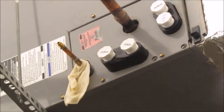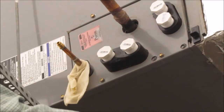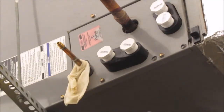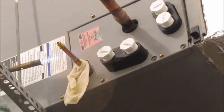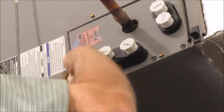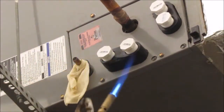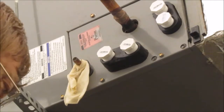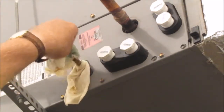Rag, got a rag on here. Wet rag. And a couple here. Not gas. Okay, should be good. Get some of this heat off. Nice thing about using map gas,